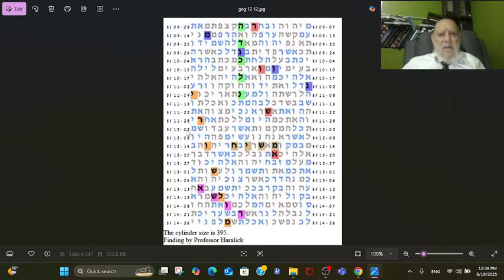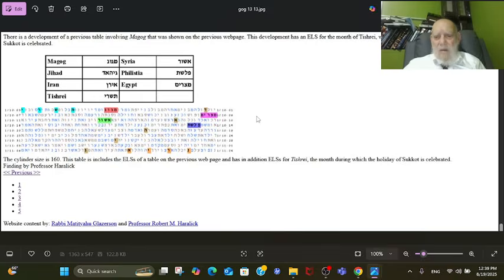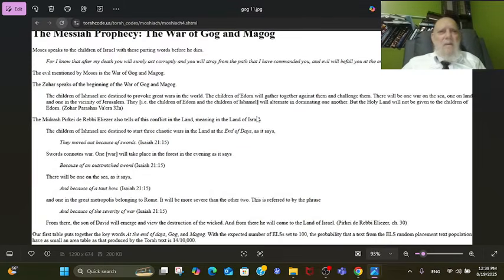So as I said, there are a lot of tables here. Also, this is part of the table about Gog and Magog and Messiah and Jerusalem, because it's written that the prophet Chaya said that Jerusalem will be in the core of the fighting. And all of them come here, unbelievable. It's part of it, and you have the full one.